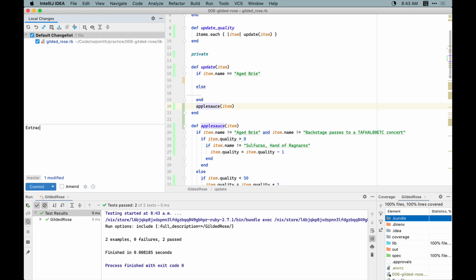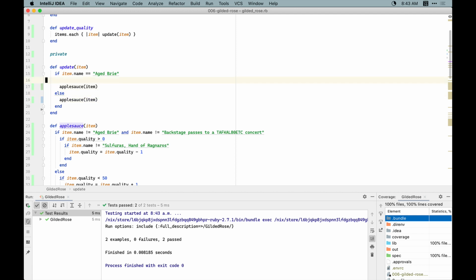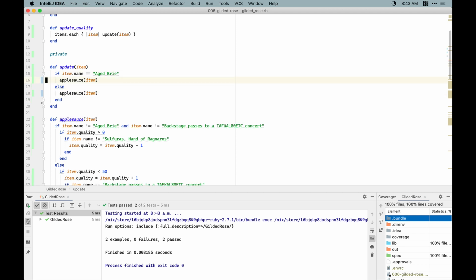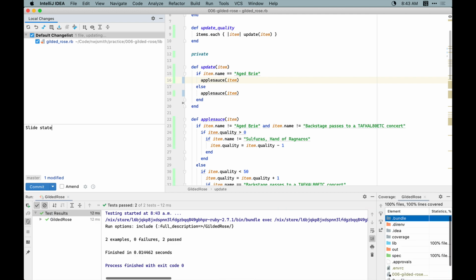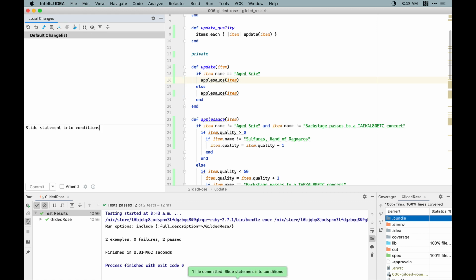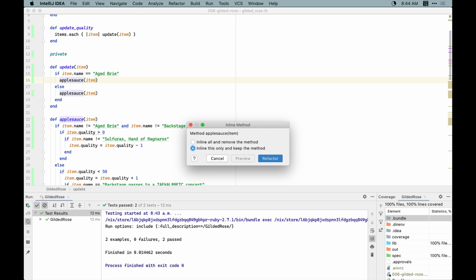So we'll say extract method. Statement to conditions. And if we inline this,